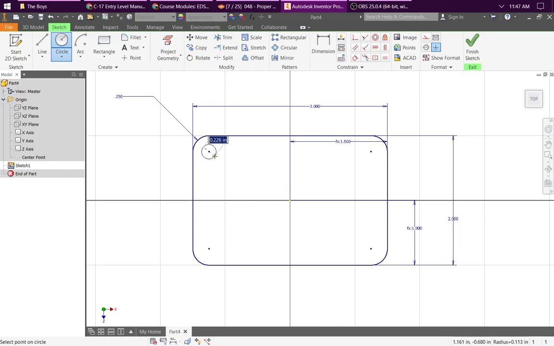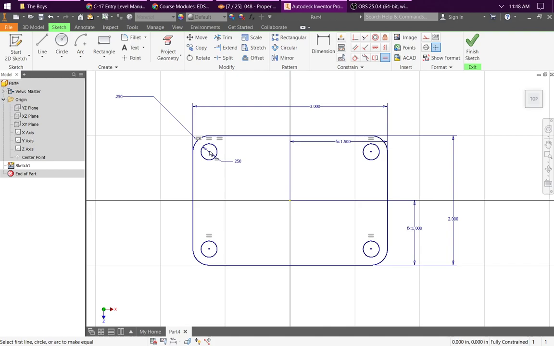And then I'm going to make this also 1/4 inch. You can do what I just did and type in the dimension every time, or you can just not worry about the size exactly. Oh, I completely missed. I do want it centered on there. And then you can use your equal constraint